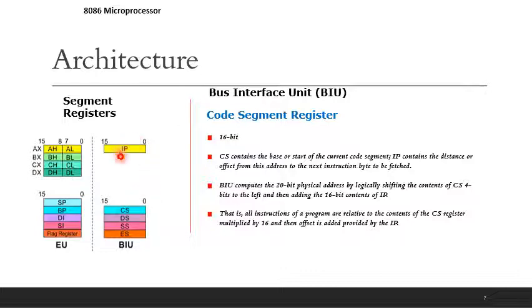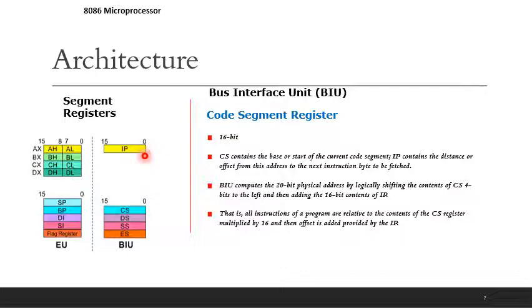The IP is nothing but the instruction pointer, which is a default register that is used by the processor in order to get the desired instruction. The instruction pointer contains the offset address of the next byte that is to be taken from the code segment.